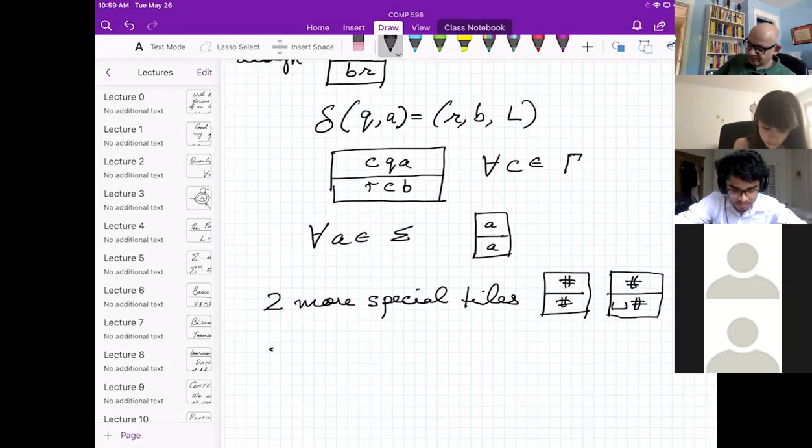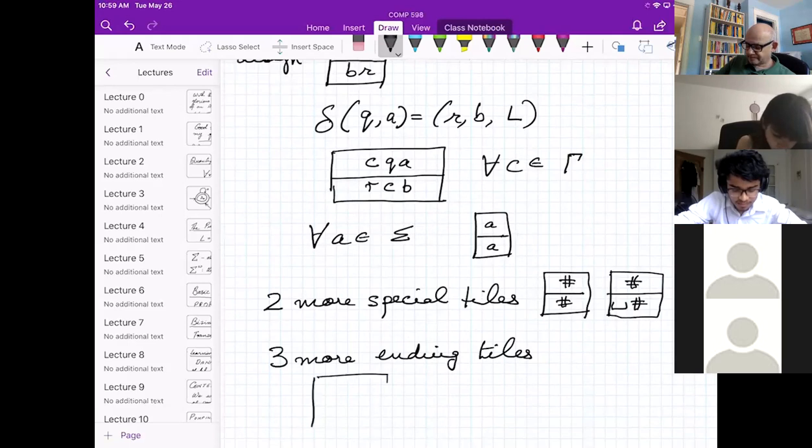And finally, 3 more, which are what I'll call ending tiles. And these will allow you to kind of wrap up the computation at the end of the day. So what do they look like? So QA is the accept state of the Turing machine. So for every A in the alphabet, we'll put AQA, and in the bottom, QA.